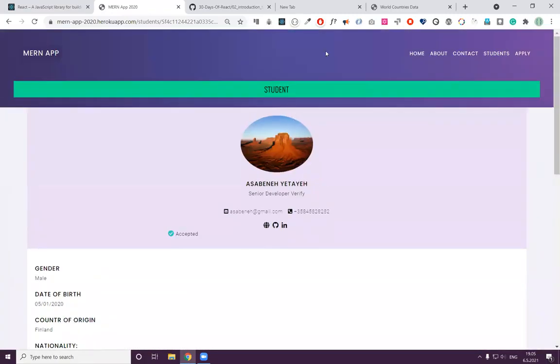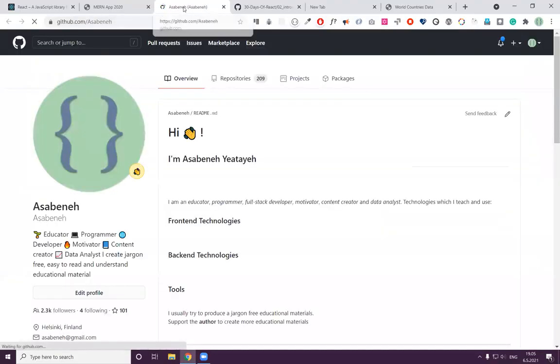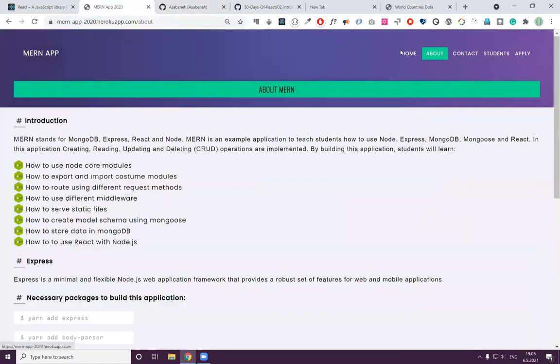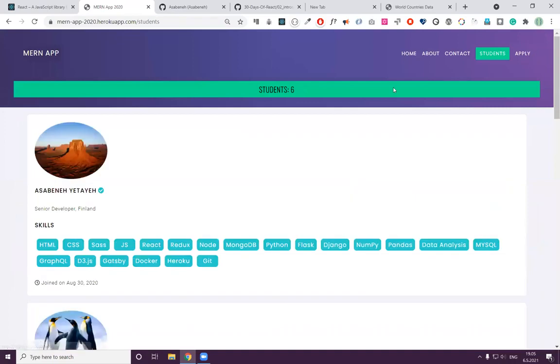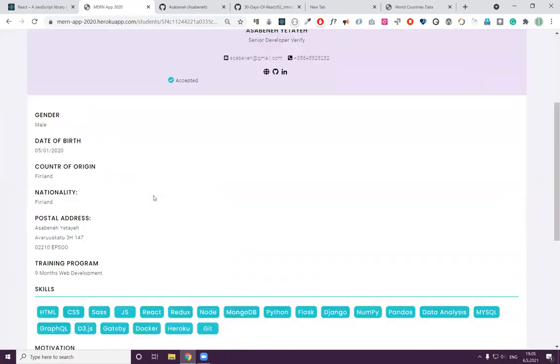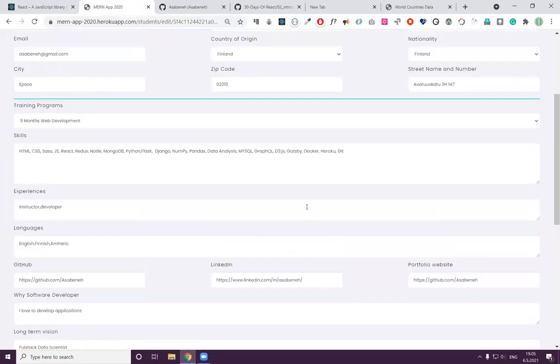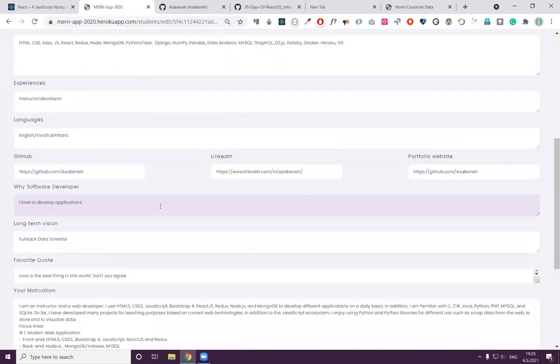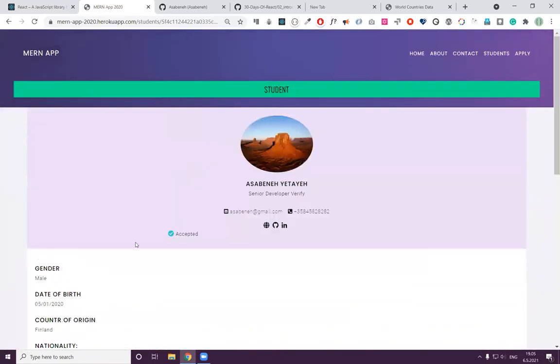So, as someone said, for instance, if I click here, it should open in a separate tab, because it is an external link. But while you are in the application, it should stay there. You should manage to see everything. Now, for instance, if I want to update this, I'm not sure if it's